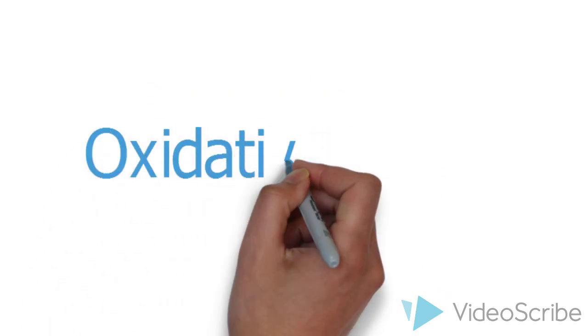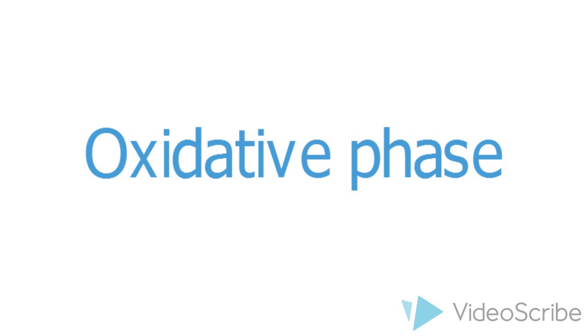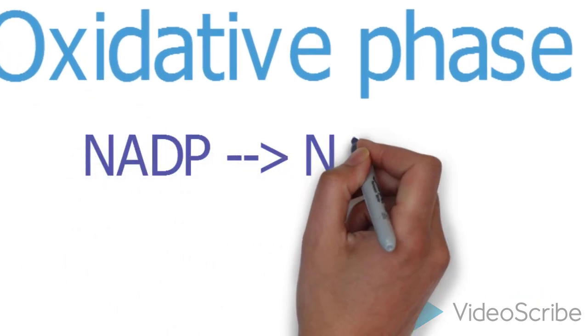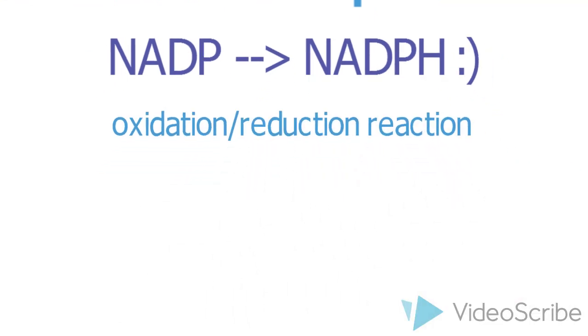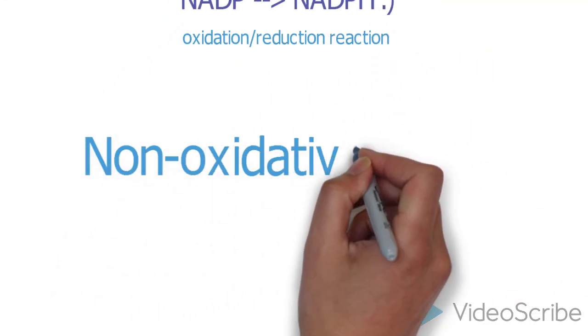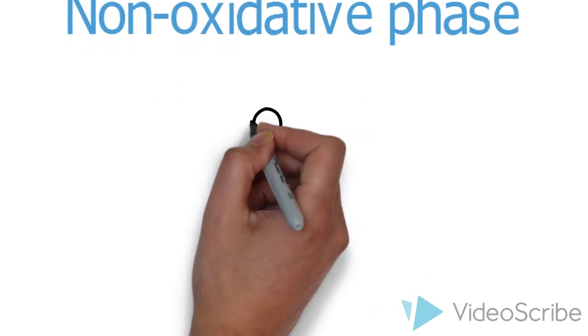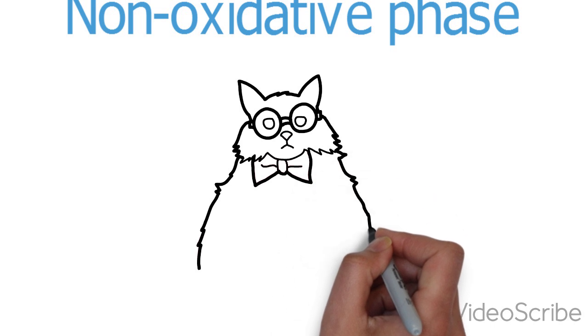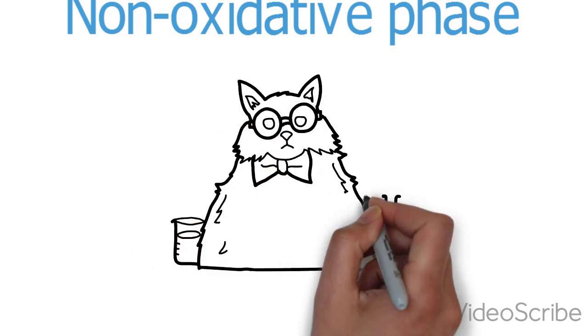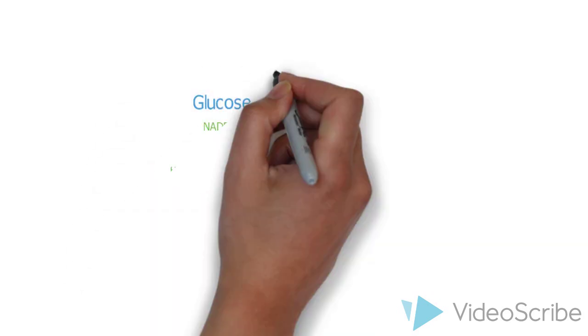The PPP is made up of the oxidative phase, which regenerates NADPH from NADP through an oxidation/reduction reaction, and the non-oxidative phase, which generates ribose 5-phosphate for biosynthesis, recycles pentose phosphates to glucose 6-phosphate, and is also used as an intermediate for energy. The oxidative phase starts with glucose 6-phosphate, which gets oxidized to